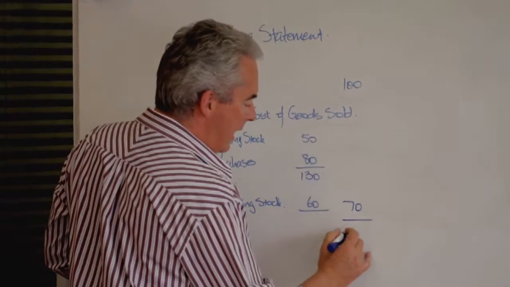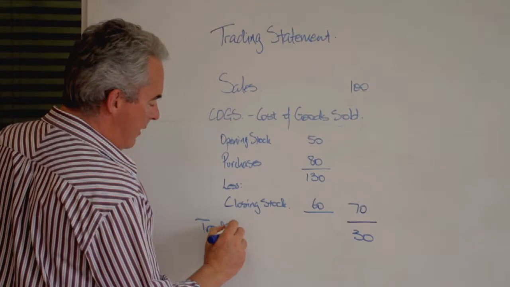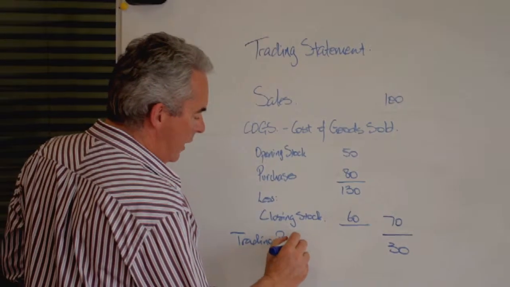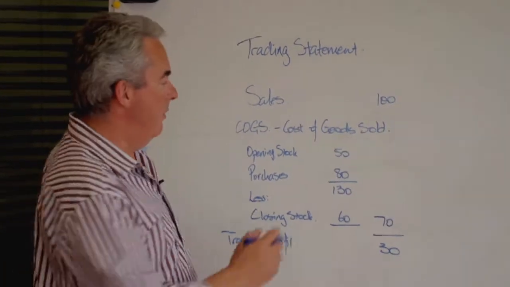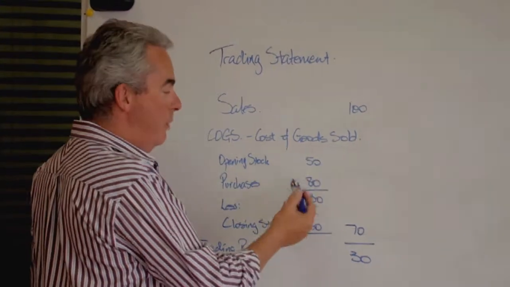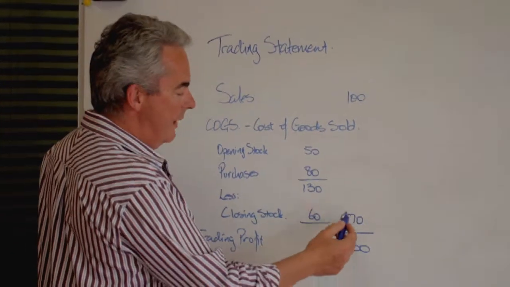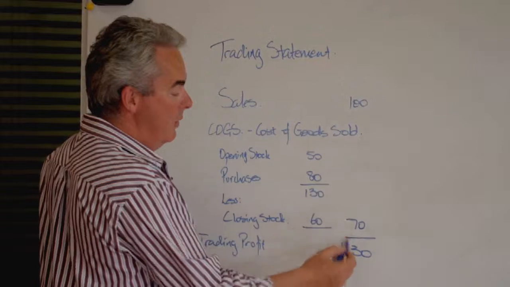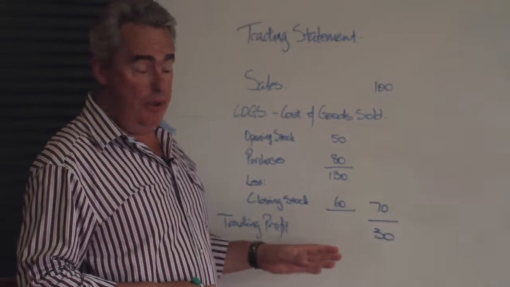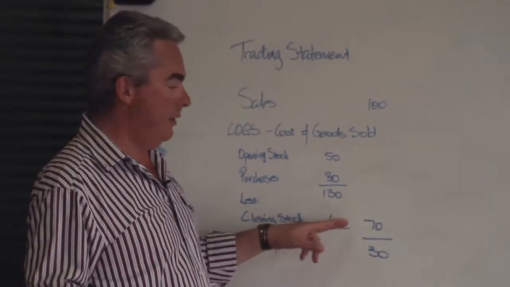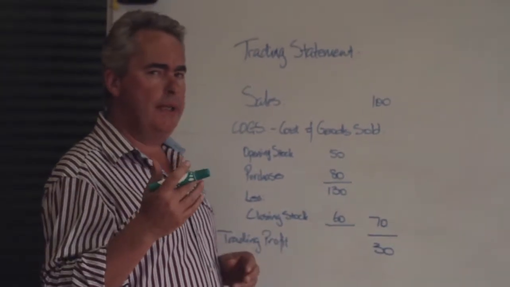That then means our trading profit here, or what I generally prefer to call it, is gross profit. Your gross profit is $30. So we've started off with $50, we've bought another $80 worth of stock, we've still got $60 worth of stock on hand, which means that our cost of goods sold is then $70, which means that our gross profit is $30. So with the example that we've used, where we've got $100 worth of sales, $70 worth of cost of those sales, leaving us with a gross profit of $30,